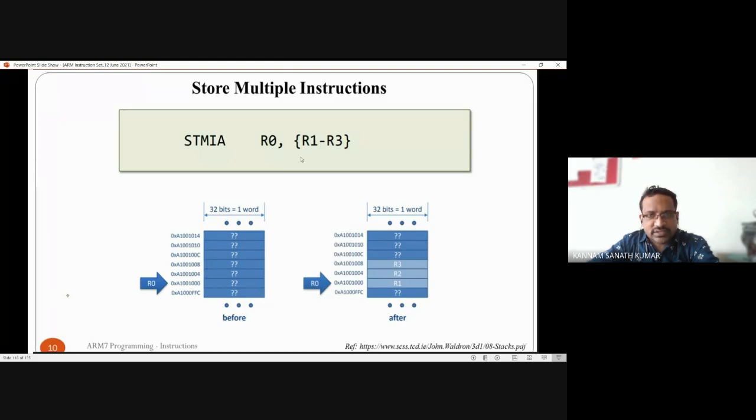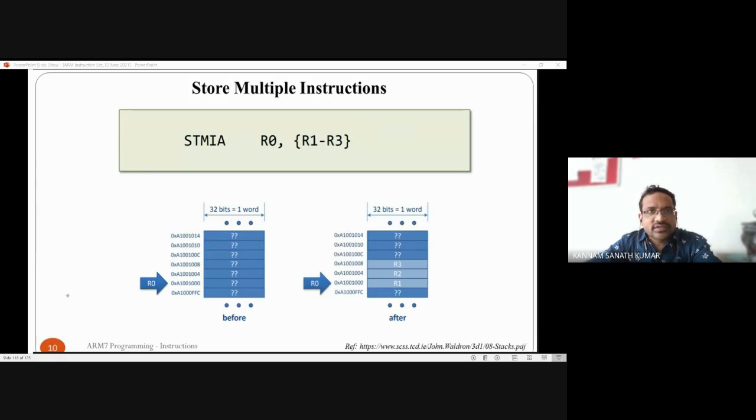First you move the content of R1 to 1000, and again R2 to 1004 and R3 to 1008. Now the base register will not update. That means R0 will not update. It will be in the same address location.